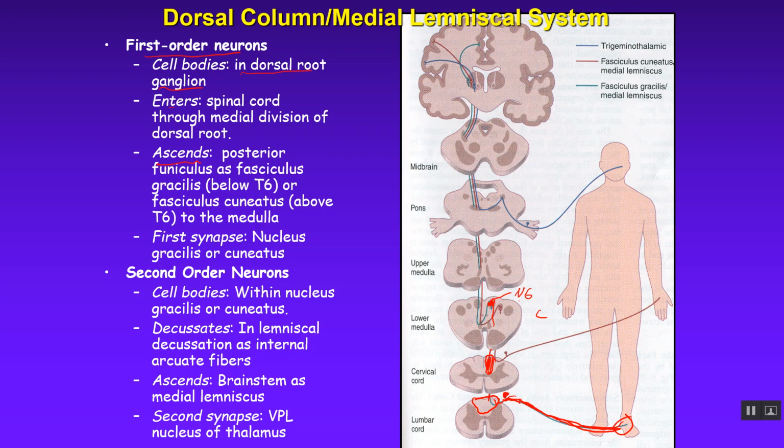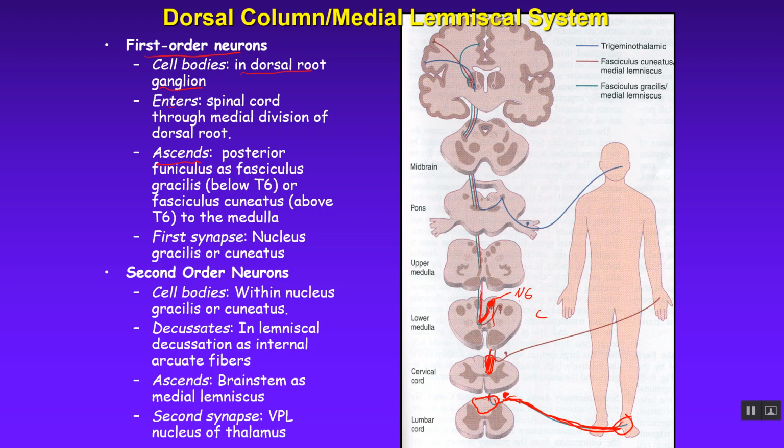where it's going to synapse with another neuron, the second order neuron. So the cell body for the second order neuron, the next neuron on the pathway, is going to be in that nucleus gracilis. Immediately after synapsing with that cell body in the nucleus gracilis, the cell body projects an axon that crosses over midline at this point. It projects that axon medial and it crosses over right at that same area in the lower medulla,